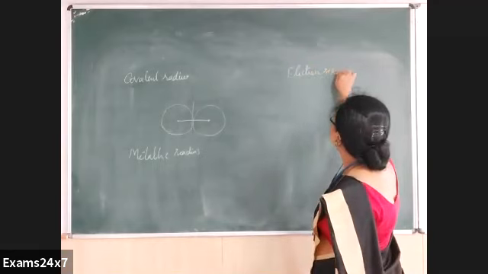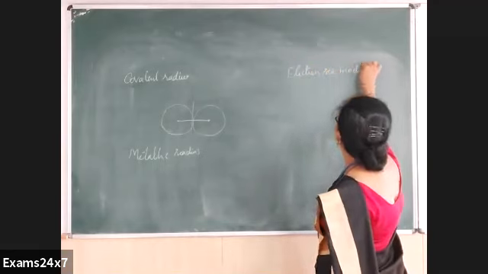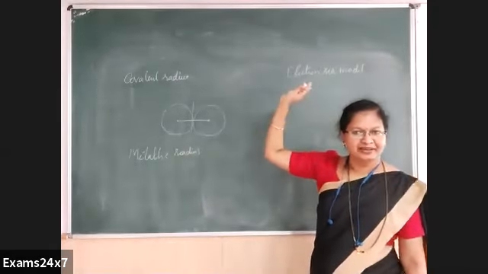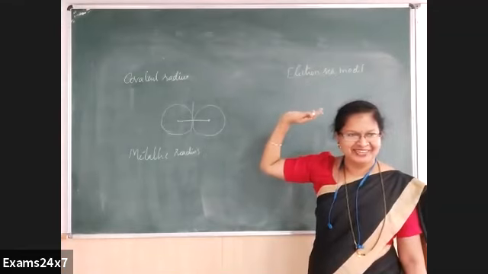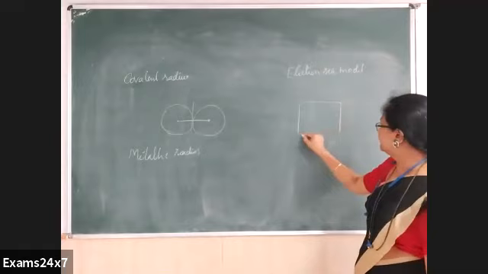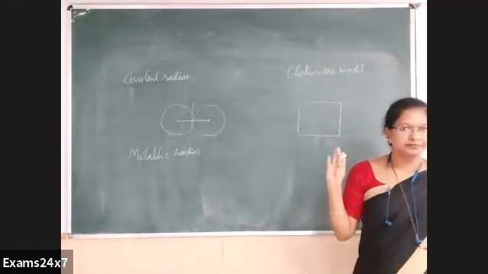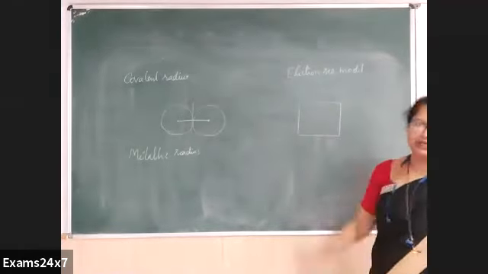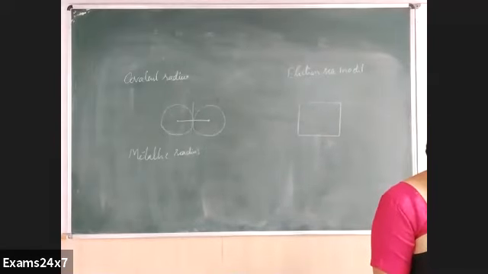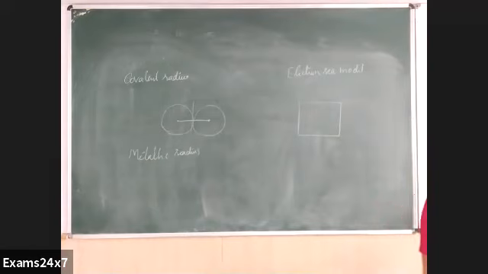Electron sea model of metallic bond. You have heard only "Arabian Sea", right? Not electron sea. This is a model which defines metal itself. Assume this is a piece of metal. Most of the metals are electropositive, right? They readily lose their electrons, correct? Because their ionization enthalpy is quite less, they readily lose their electrons, isn't it?